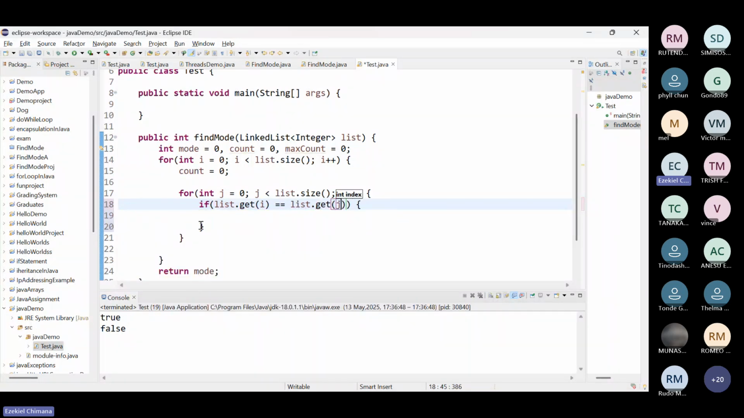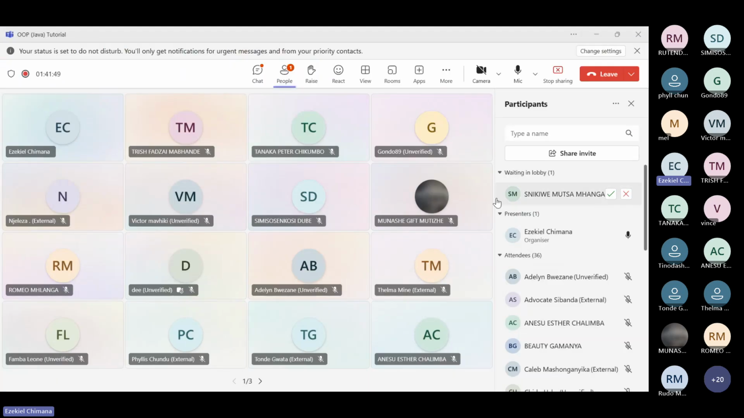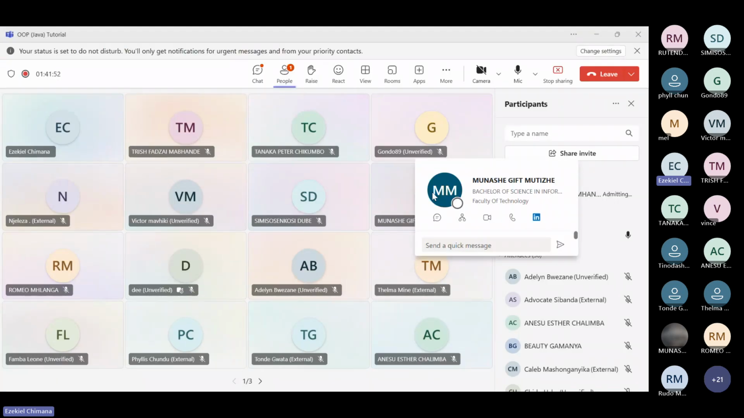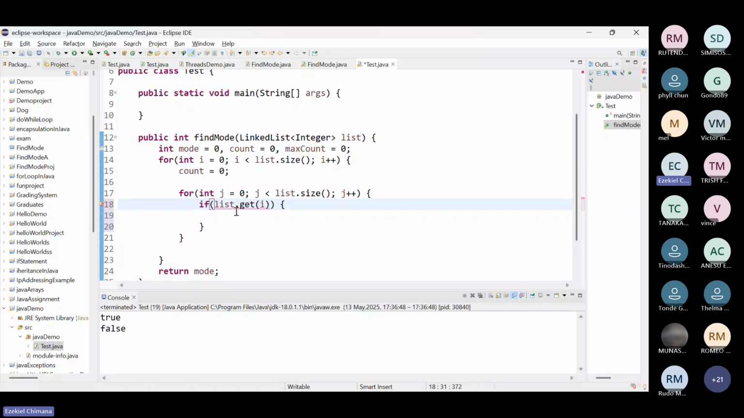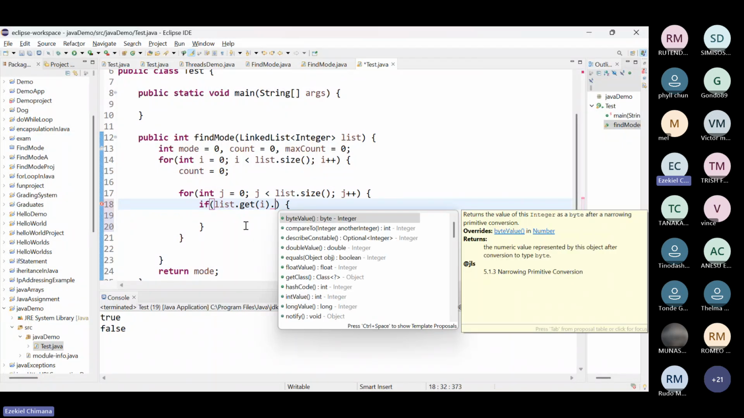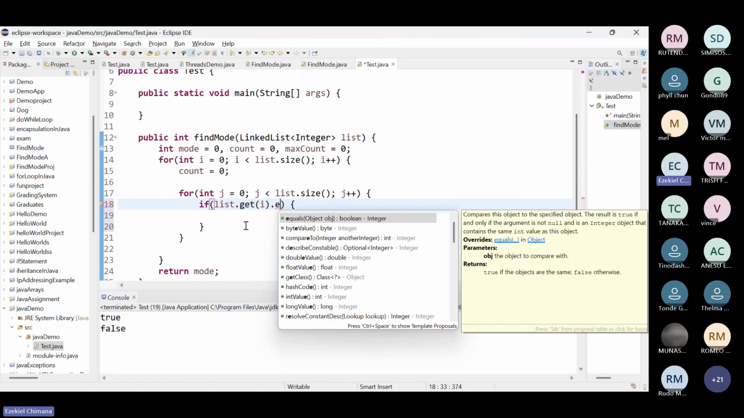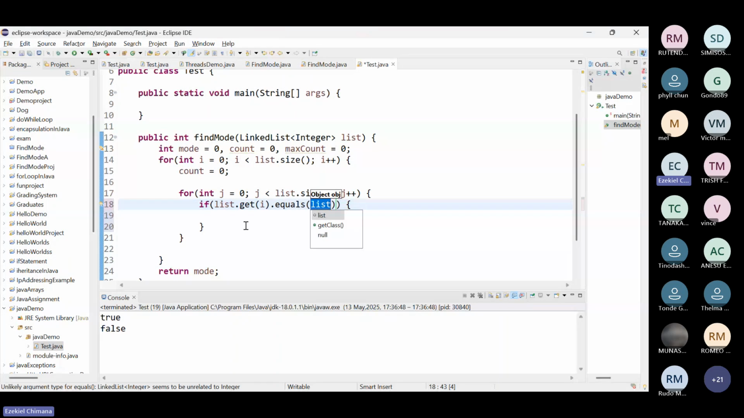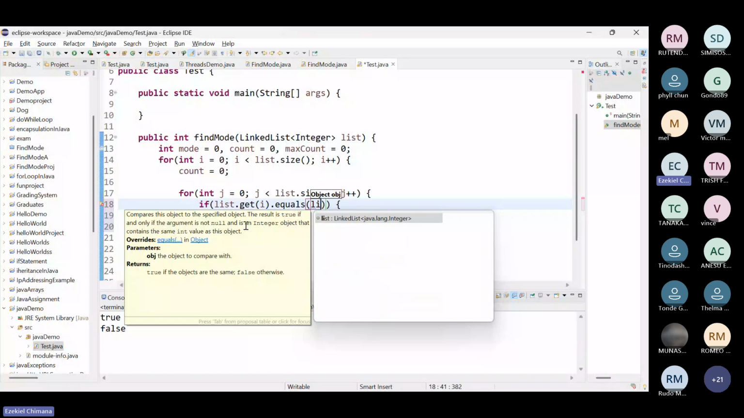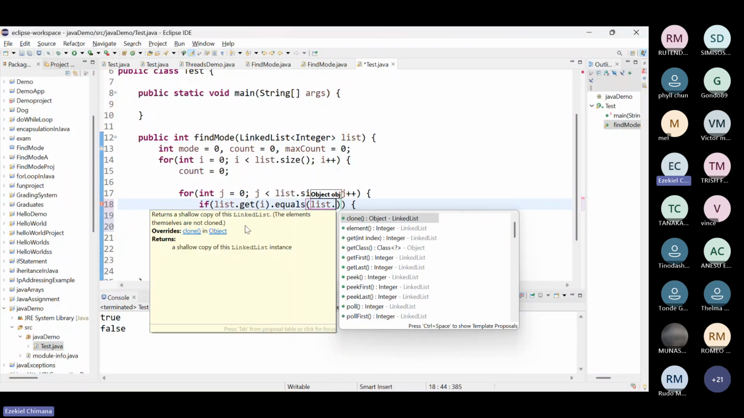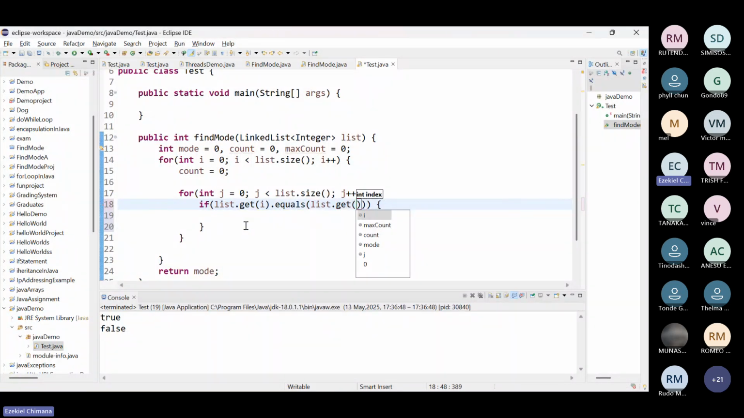Why? Because you are not working with objects. No. These ones are going to be treated as objects. That's not how you are going to compare objects. The best way when comparing objects, especially when you're dealing with strings as well, you need to use the equals method that comes with this list. So I'm going to use equals. It is going to compare objects. So normally in the list we store objects. So I'm going to say list dot get at index j, not at I, but at